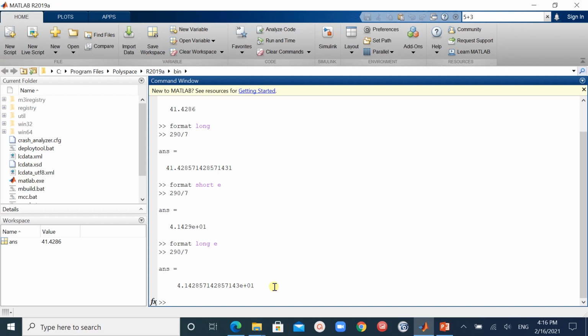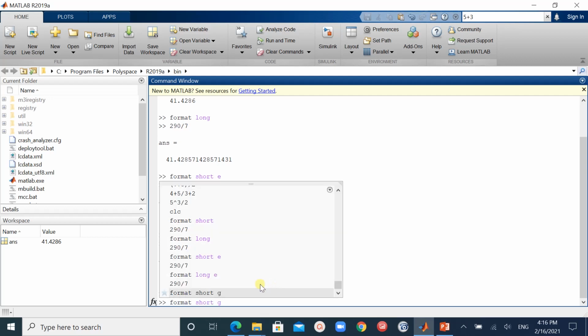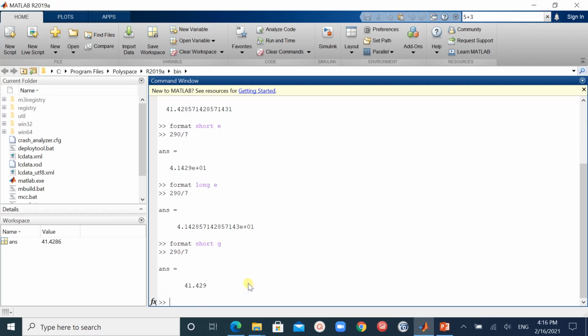Then we are having format short G. Format short G gives the best of 5-digit fixed or floating points. If I am taking one example, it will show the 5 fixed floating points, 41.429.